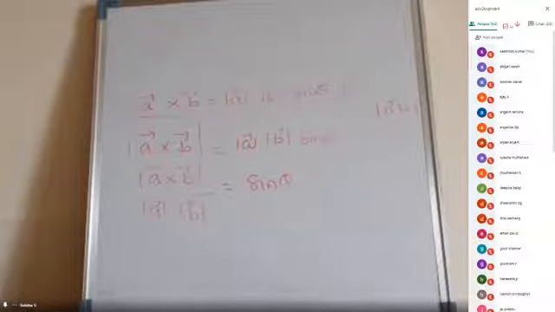Understand, class? So suppose the question is A vector and B vector, find sin theta. What you have to do? Find cos theta, which equals A dot B by mod A mod B. Finish it. Suppose that is 50 degrees. Suppose cos theta is 50, therefore sin theta equals 40 degrees, since 90 minus theta for cos is sin theta. So you will get sin 40 degrees.